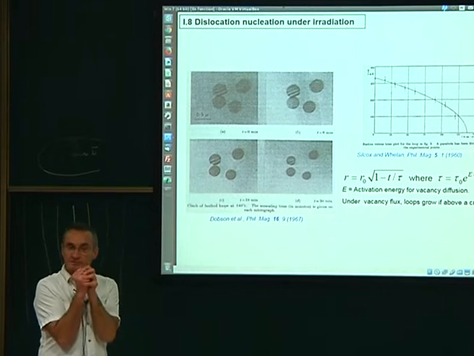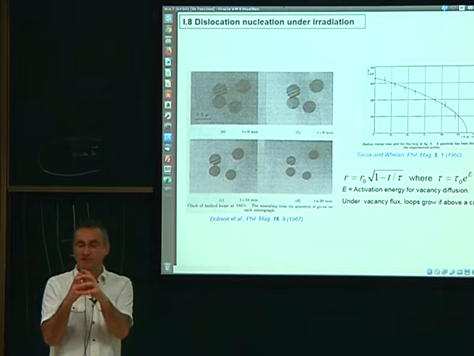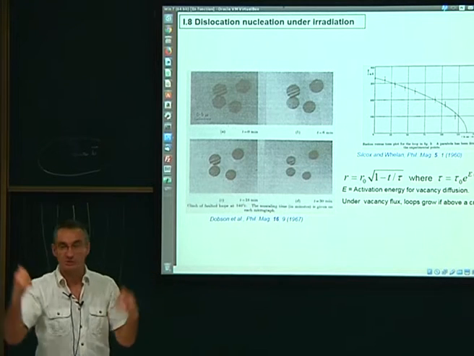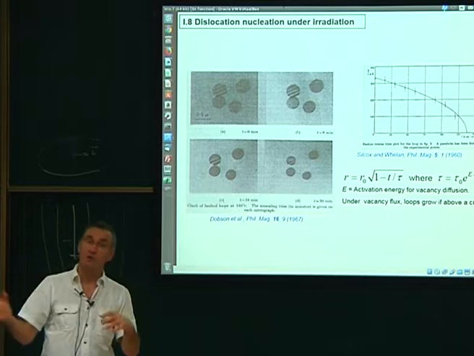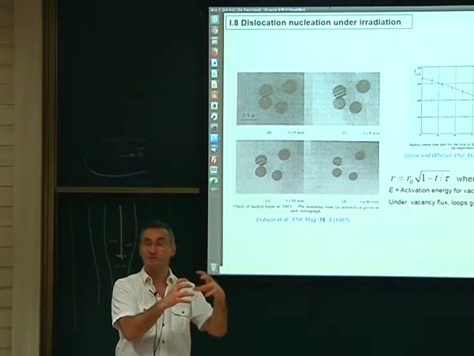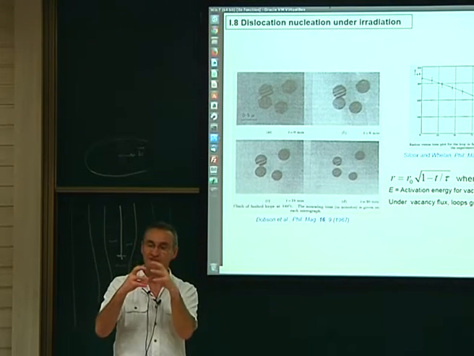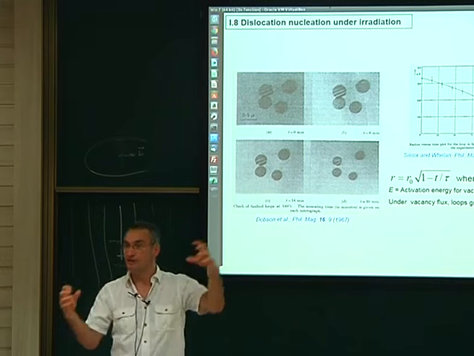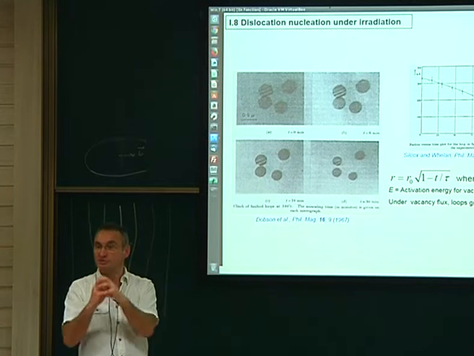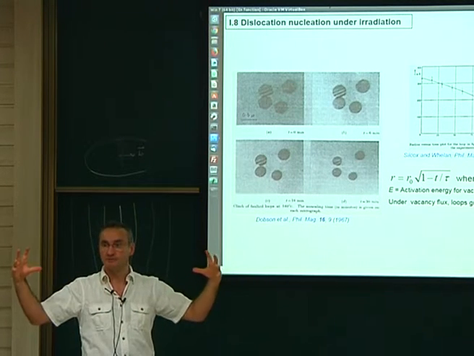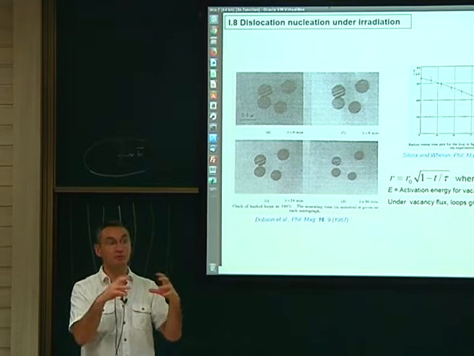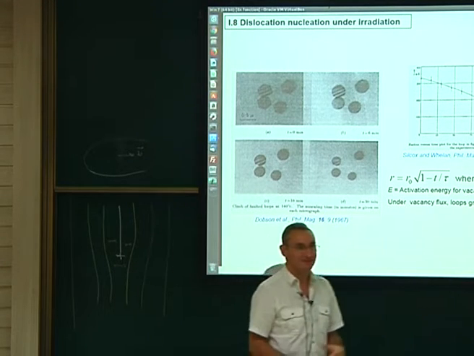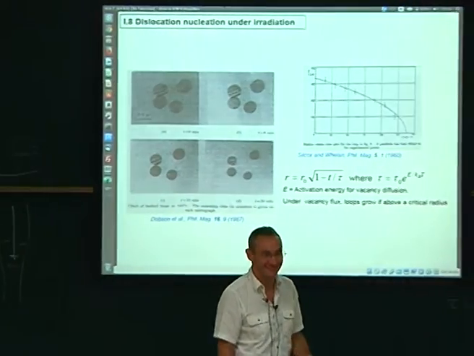So this is the small loop. The small loop decreases. What happens? It means that when they decrease like that, they emit vacancies. Vacancies are expulsed. They go out. So where are they going? They are going toward the bigger loops. So the bigger loops are increasing. The small loops are decreasing and the bigger ones are increasing. So there is a balance of flux between the big and the small. The small disappears and the big get bigger and bigger. It's like the rich and the poor in the world, you know. The richer are richer and richer and the poor are poorer and poorer. It's the same balance, I think.